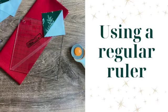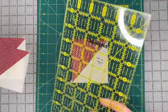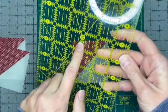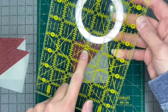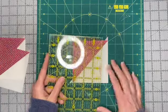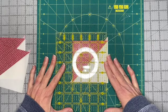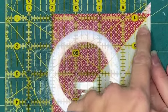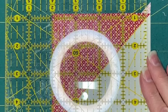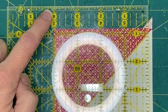Now I want to show you what it looks like using a regular quilting ruler. Most quilting rulers have angle marks on them. You're going to see this one has a 30-degree, 45-degree, and a 60-degree. And we want to use the 45-degree line. Now the tricky thing here is I need to line up that 45-degree angle on the 45-degree diagonal line across my block, and I need to make sure it does not shift or shimmy. And I have to make sure that I don't cut my block too small on any one side. So here you can see the diagonal line is matching up, and you can see down the left side I'm trying to line it up with that 4-inch line right here,